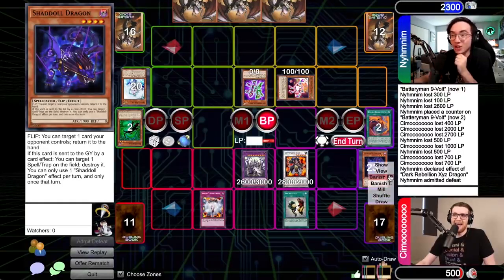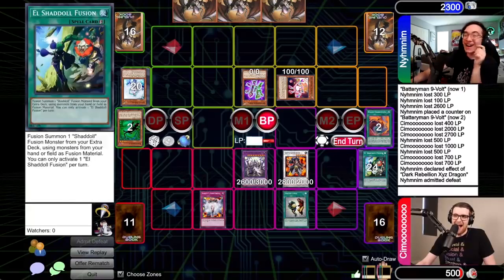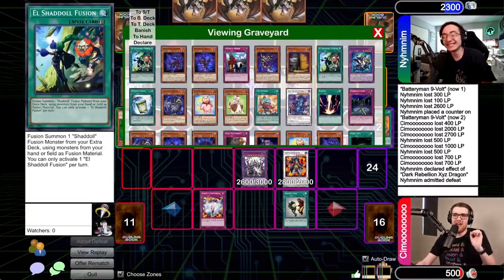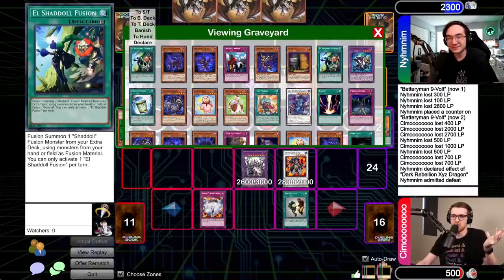So you got a second El Shaddol fusion? I have 2 El Shaddol fusions. Yo! I had the option to actually pick Edge Imp Sabers as well, because that was a super. And you see I'm playing these Fluffle cards, but I figured the second El Shaddol is just way better in